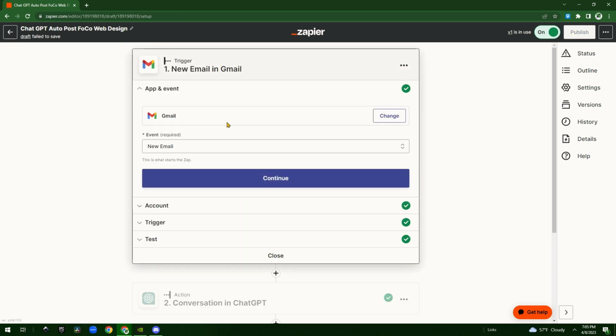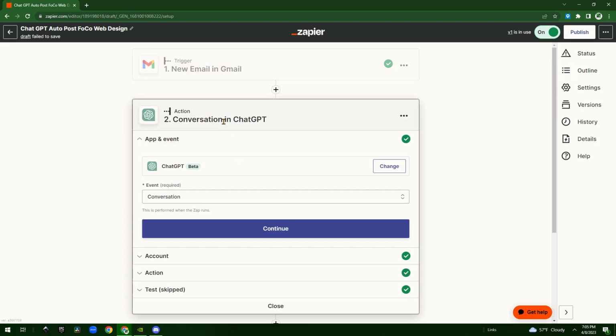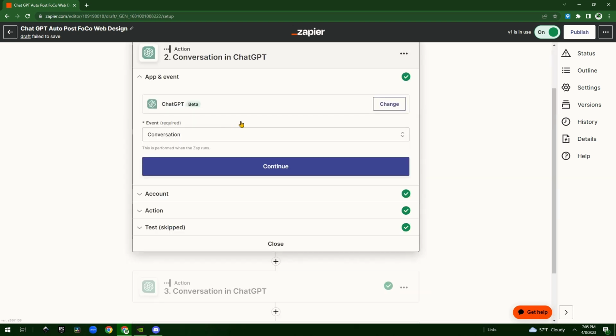The trigger could be whatever you want. This doesn't really matter as much as the rest of the process. So for example purposes, I put a new email every single time I get a new email. It's going to do this. But you could have it be something more particular, like a new email with a very specific title, like "make me a post" or something like that, and then it would trigger this. And then the second action, or the first action actually, is you need to